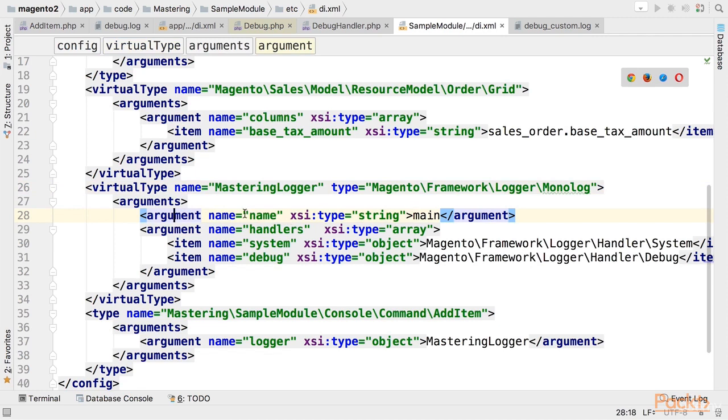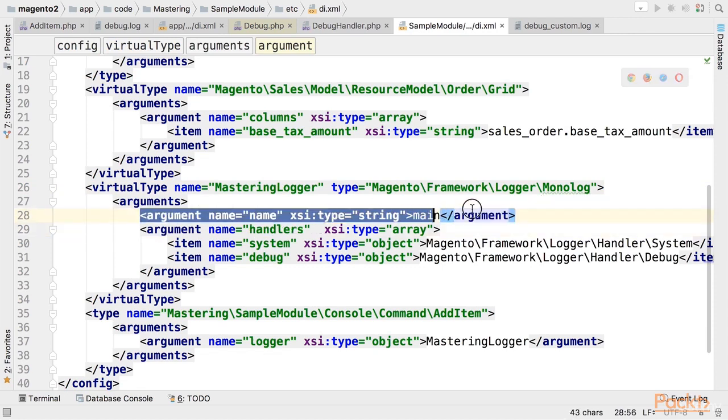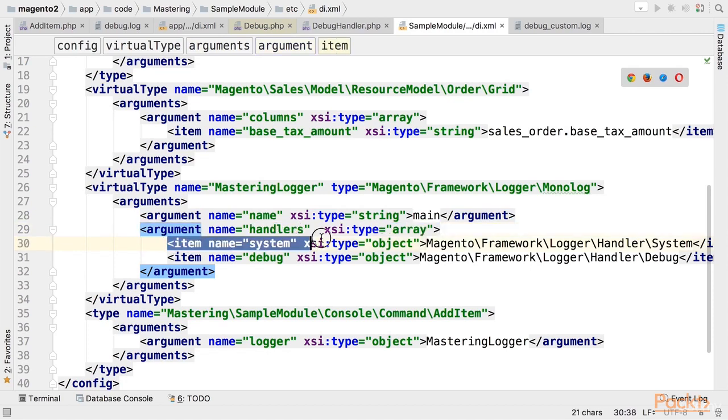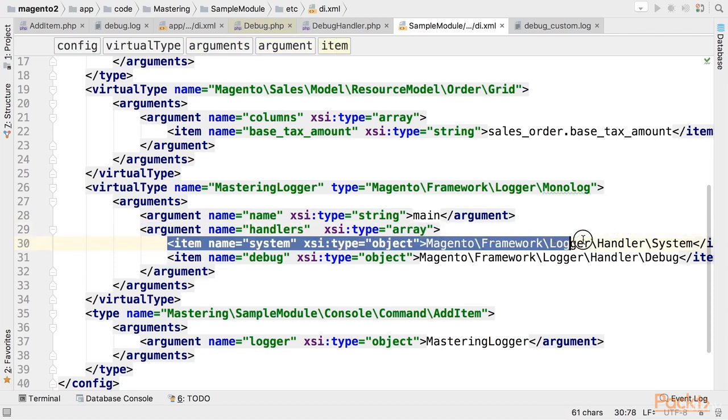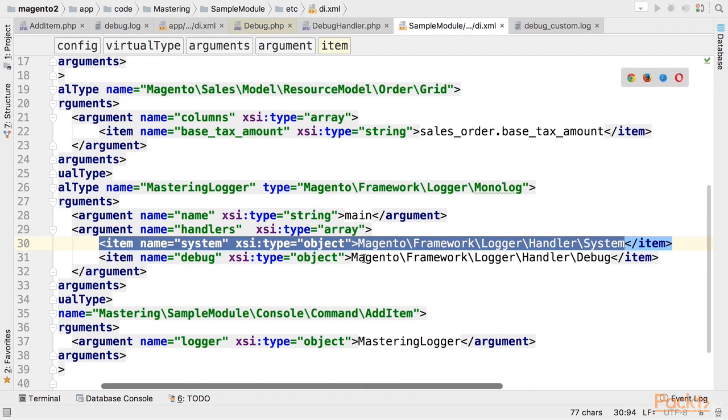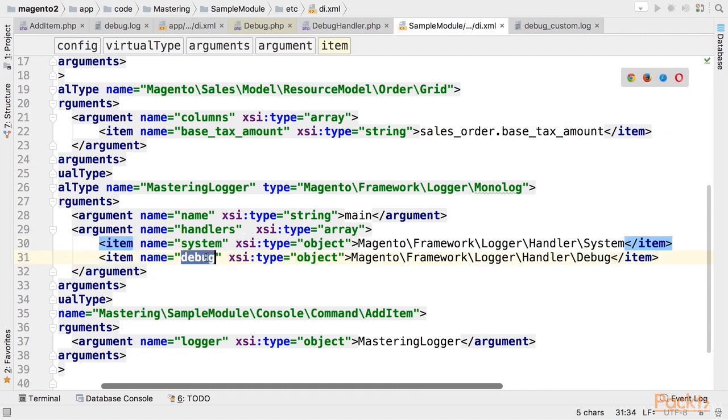Here we are configuring the arguments that monolog will receive in the constructor. The name is the same, and handlers will get first the system handler, which will be the default Magento framework logger handler system. And second, we would like to change